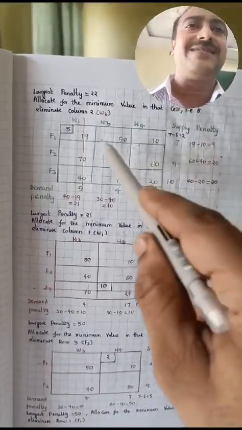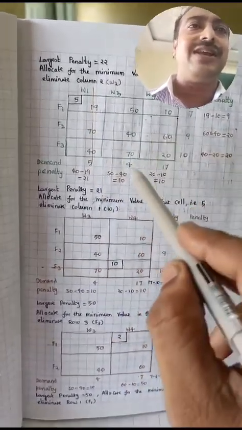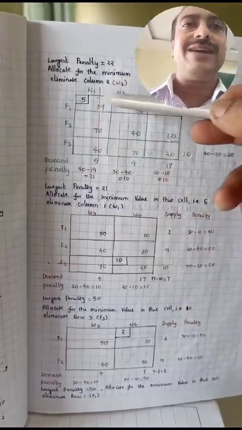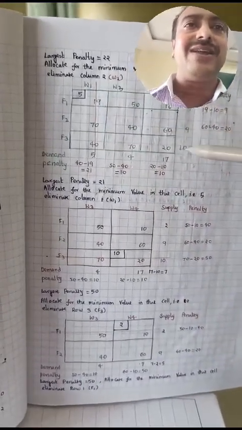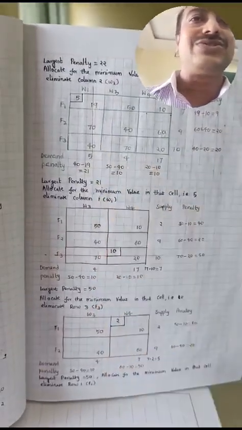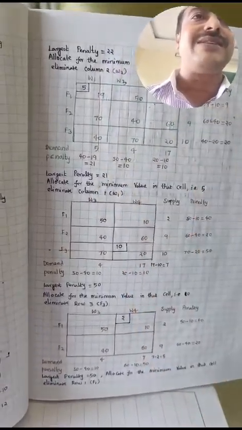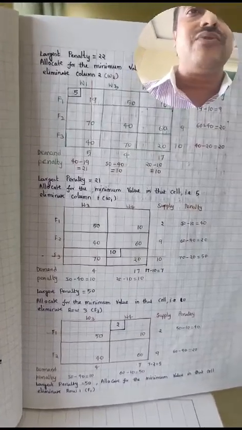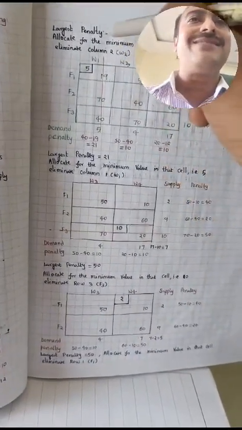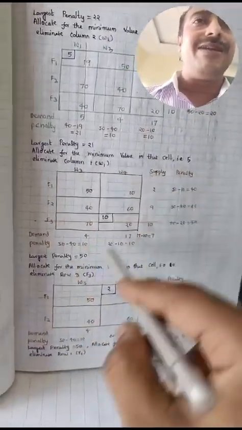the penalties, that is the difference between 19 and 10, and 60 and 40, and 40 and 20. And in the same way for the columns also, 40 minus 19 and 50 minus 40 and 20 minus 10. In this the largest is 21. In this the least value is 19. For this 5 and 7 the minimum value is taken, so 5 will be allocated here, that is subtracted, and here I will cancel column 1, and we are left with W3 W4, and the remaining what is left was taken,